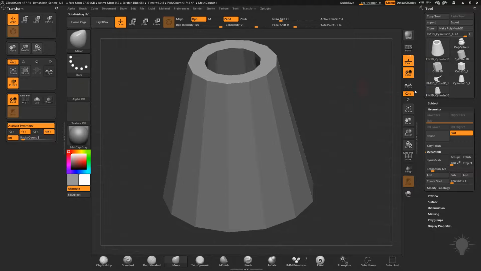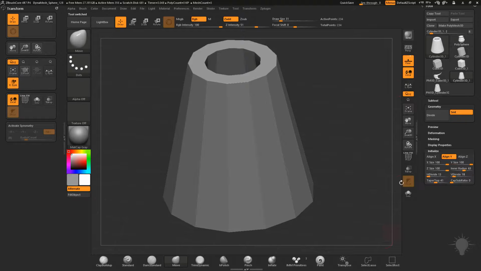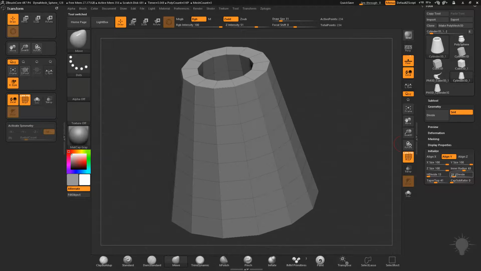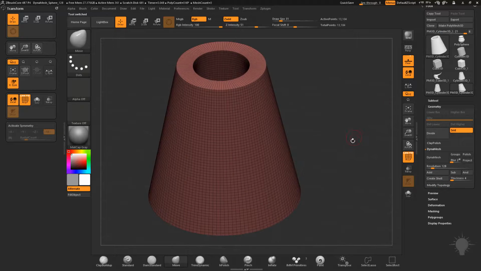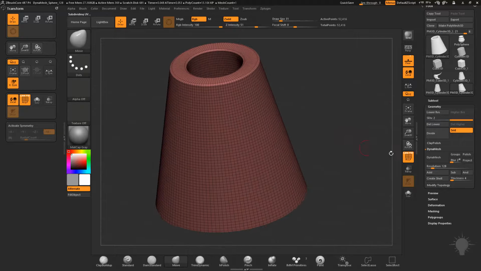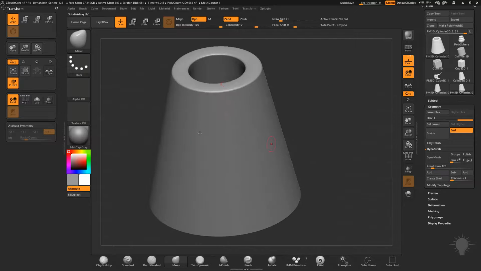So what I'm going to do is I'm going to go back to my cylinder 3D. And again, this is a primitive, so I can go here to initialize and turn my polyframe back on. And I'm going to crank up my H divides and my V divides here. So now that I've done that, I can go make Polymesh 3D. And now when I hit Control D, it's going to have a lot tighter corners there because I've thrown more resolution up there. Now I can go over here to activate symmetry in the Y with a radial count of 8,